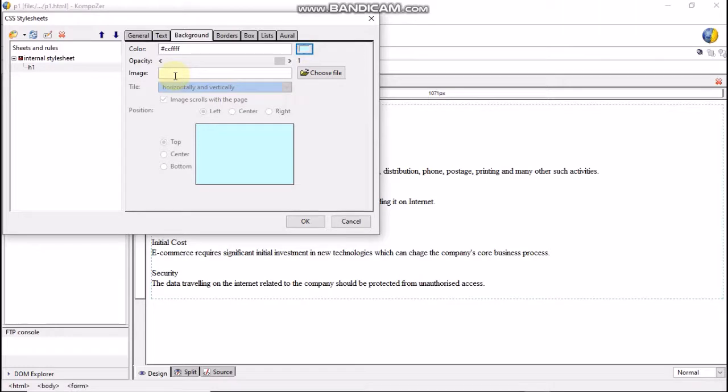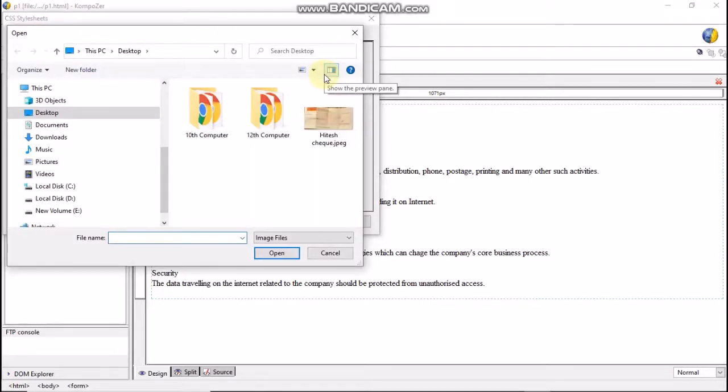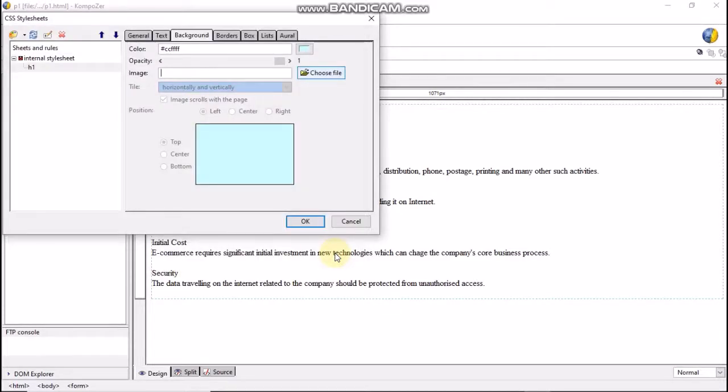Instead of color, if you want to keep an image in the background, then in the image option, click on choose file and select the location and the image file with the extension .jpg for the background. But just now, I will keep light blue color as the background of main headings H1.